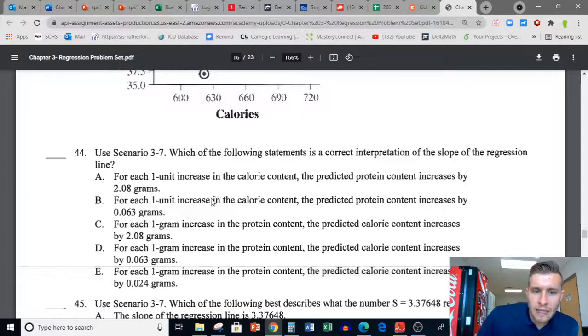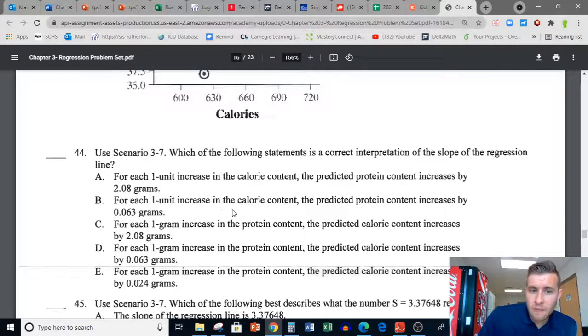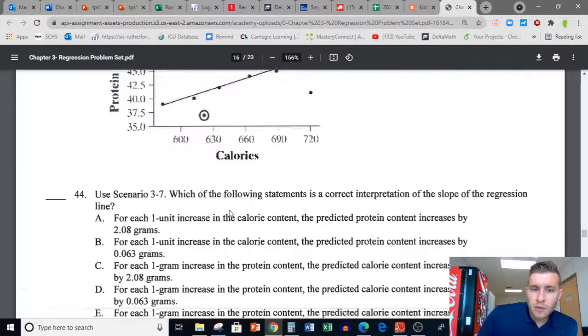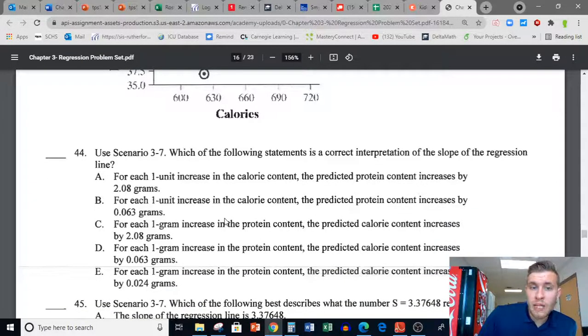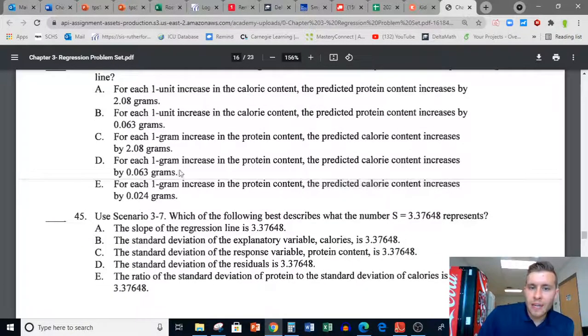But we're going to be relating this from calories to protein. So as calories increase, what typically is happening with protein? Well, we should be seeing a positive trend. A positive trend, and it should be. We talk about an increase in calories is causing the increase in the proteins, grams. So in this one, I automatically, because the way that these are worded,